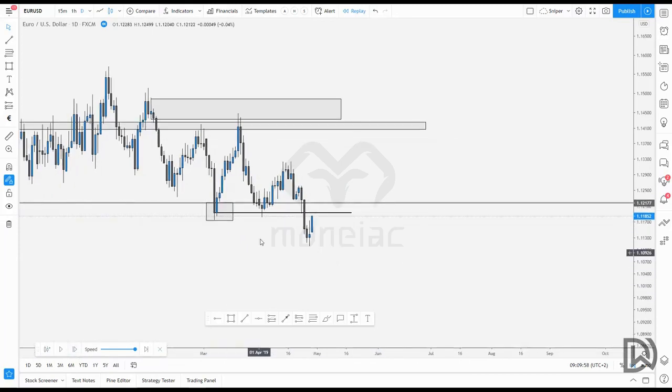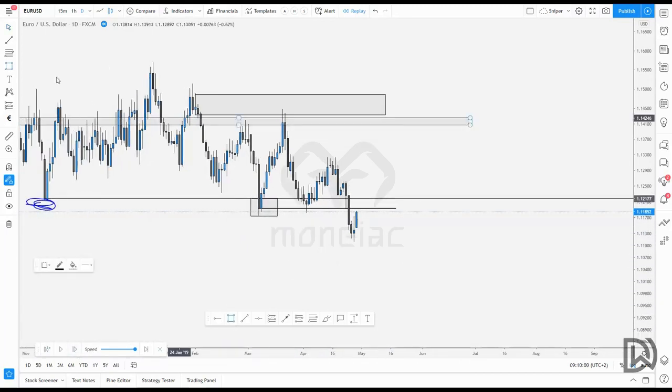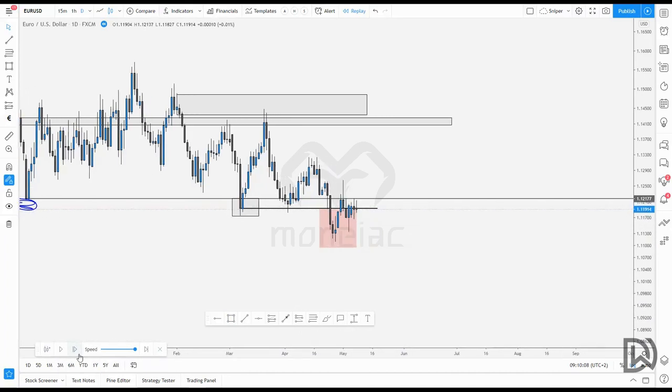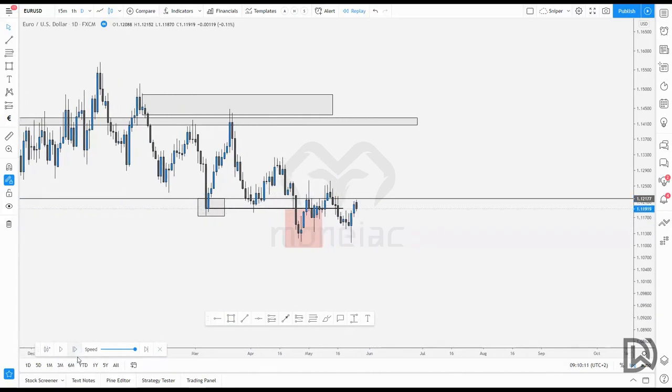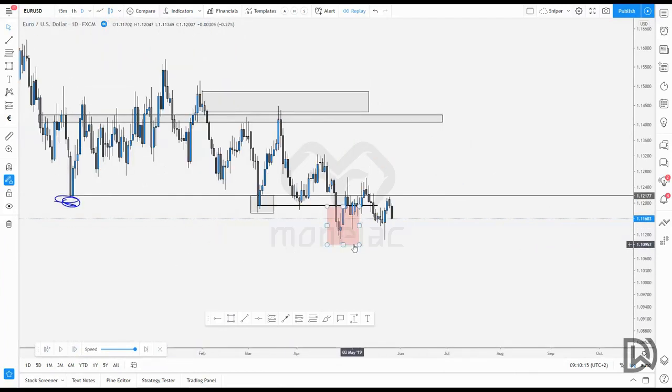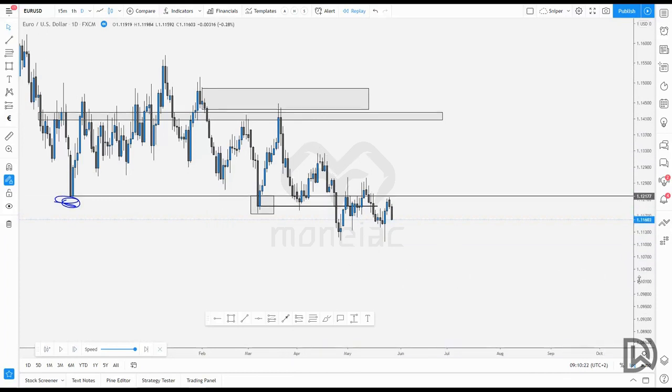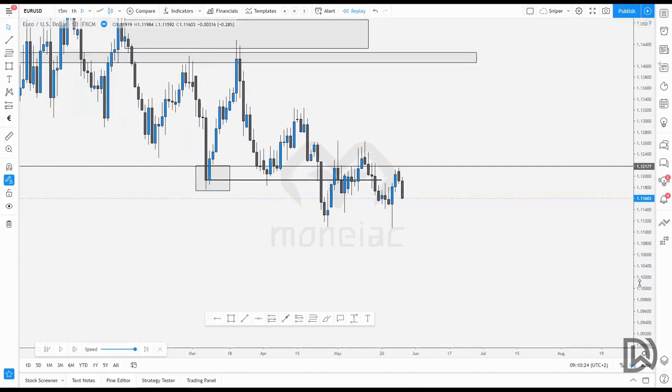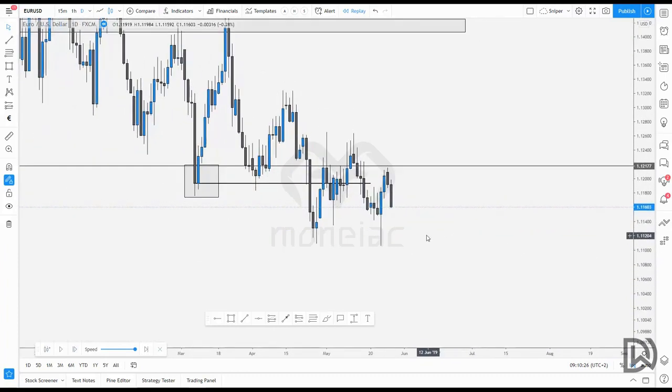Now, could this be a potential fake out? Could this potentially be a manipulation profile, as we've seen earlier in the videos? Could this be this? Let's see. Yes, we had to push the upside, didn't hold, and then started pushing towards the downside again. So now it's clear to see on the daily that we are making clean lows and clean lower lows and clean high lows. That is then where we drop, zoom in, and look for order blocks, wick zones,